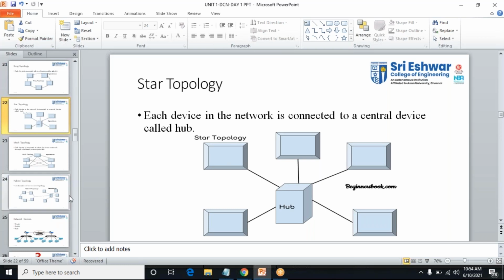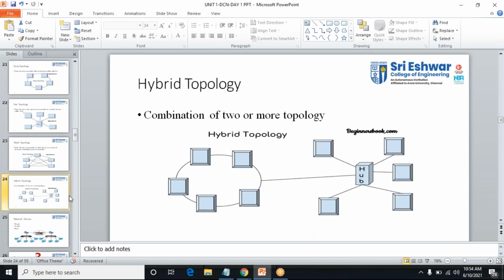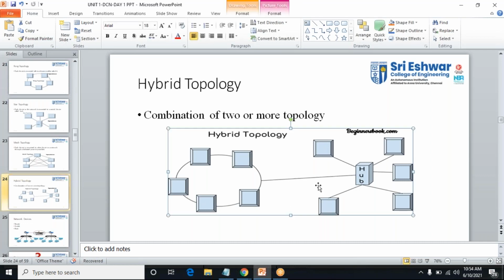Then what do you mean by hybrid topology? Hybrid means the topologies are combined with each other. For example, this is your ring topology, and this one, whether it's a star or bus?